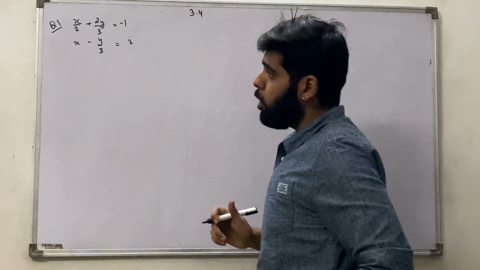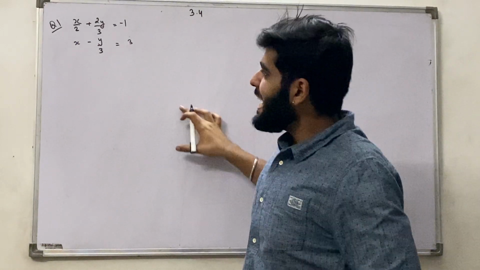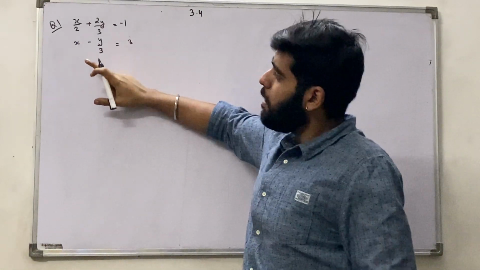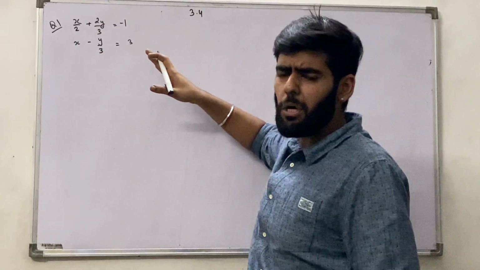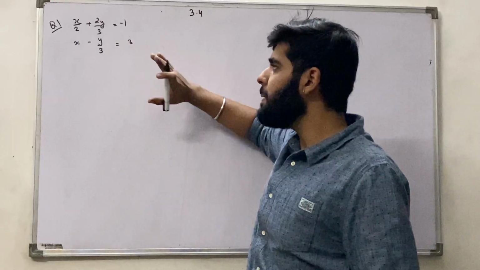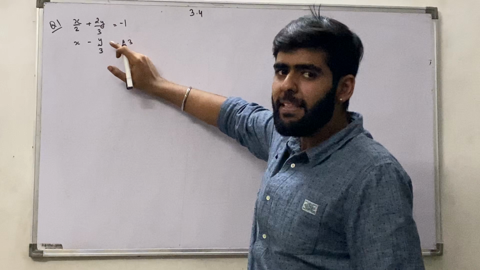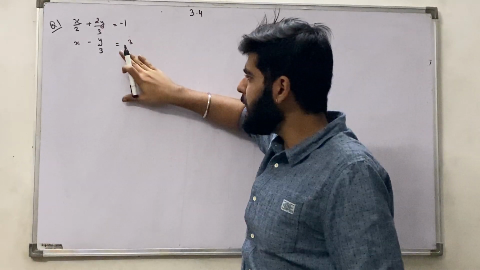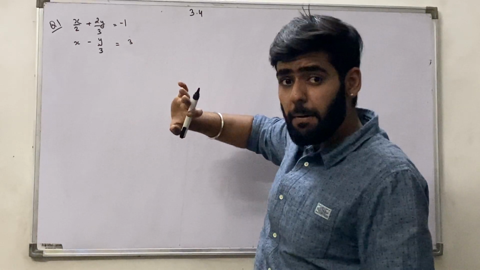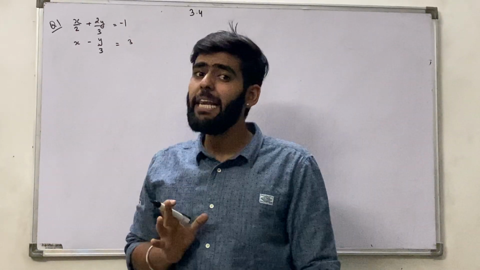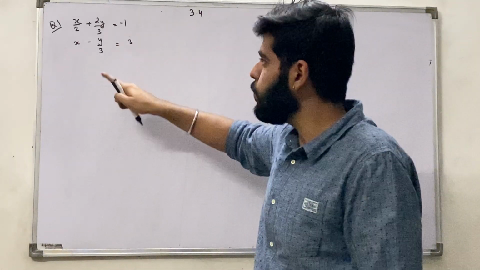So first of all, because we need to eliminate x, eliminating either of x or of y, both are going to be pretty simple. If we want to eliminate y, we will have to convert y by 3 into 2y by 3. So what will we do? If we multiply the second equation by 2, we will get 2y by 3 and we will just eliminate it. This is going to be an exceptional sum. I'll do it with y.